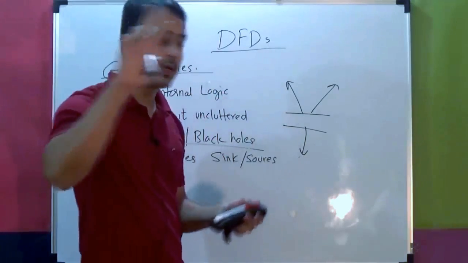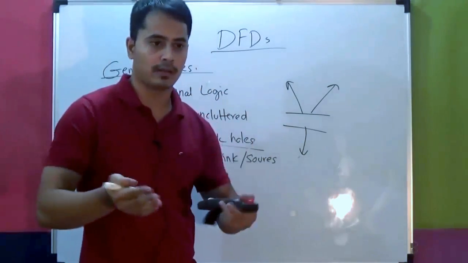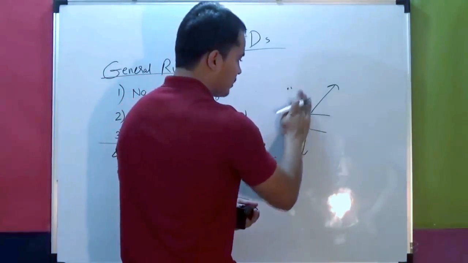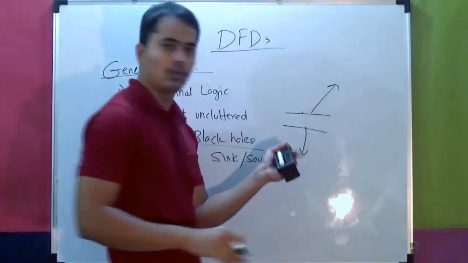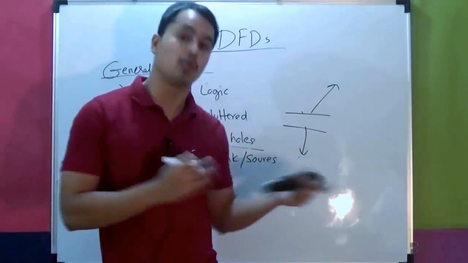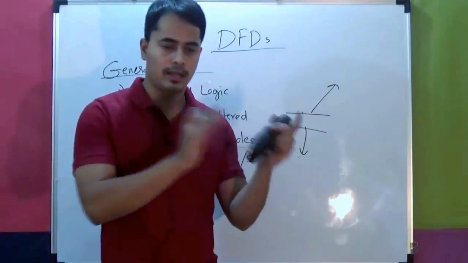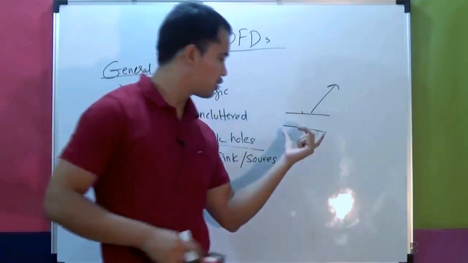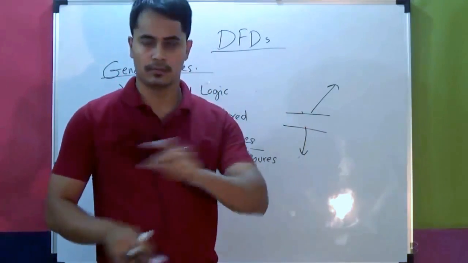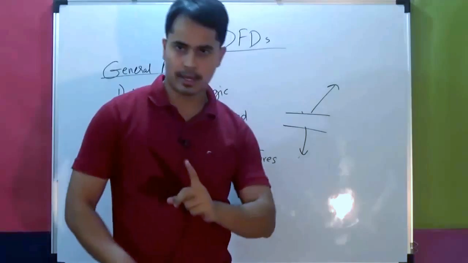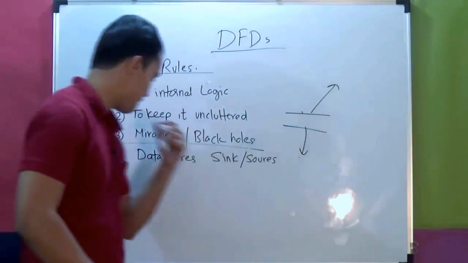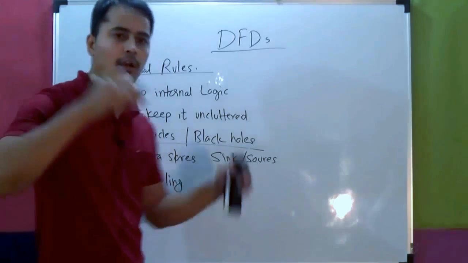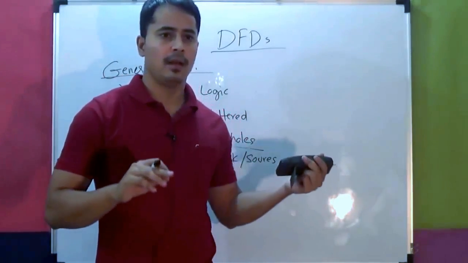Beware of this. When you go to level 2 diagrams, we'll see what level 2 diagrams are. In level 2, you might draw a data store which appears like a source. But it's not actually. I'll demonstrate how it is. But in level 1, you do not show data stores in level 0. No question of that. In level 1 diagrams, your data stores cannot be sink or sources. You have to label and you have to label it meaningfully.